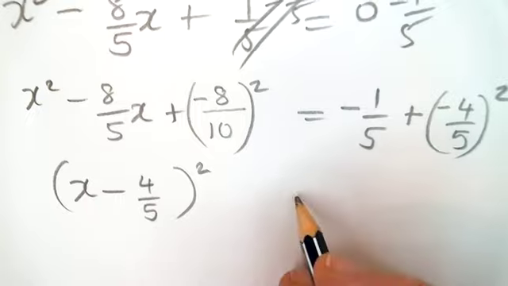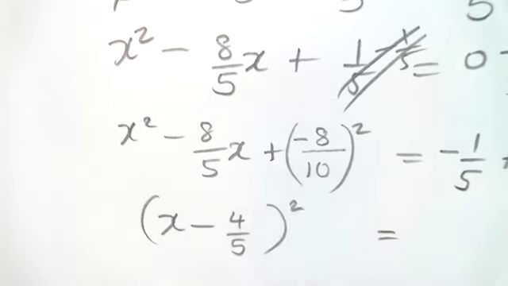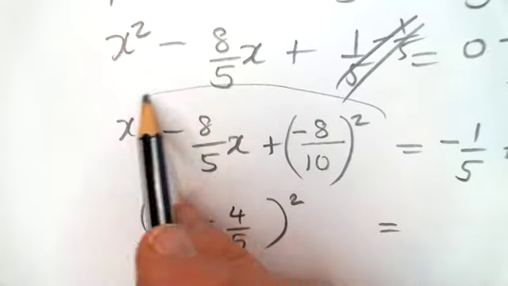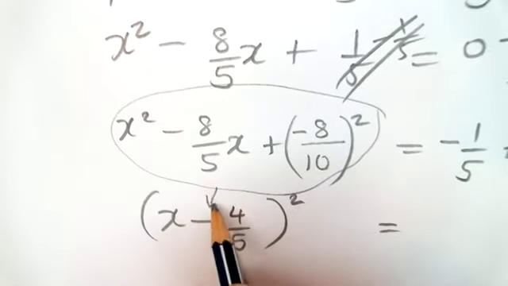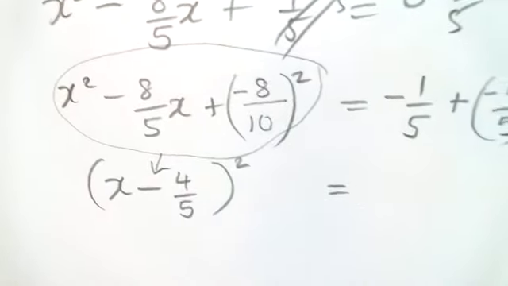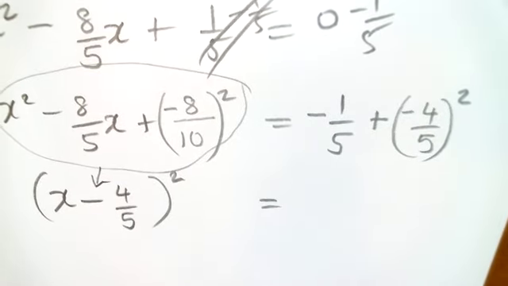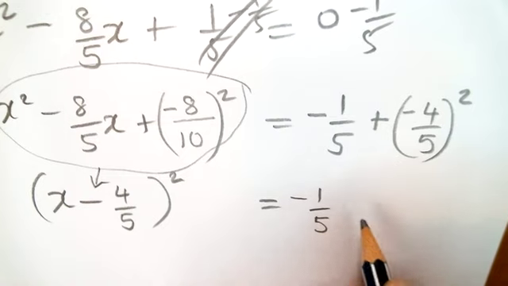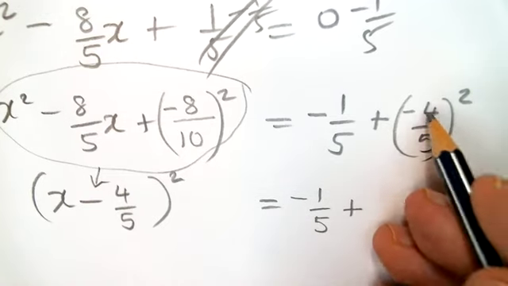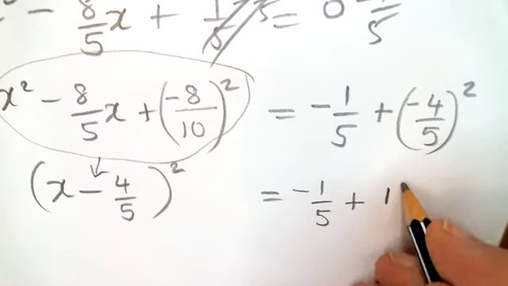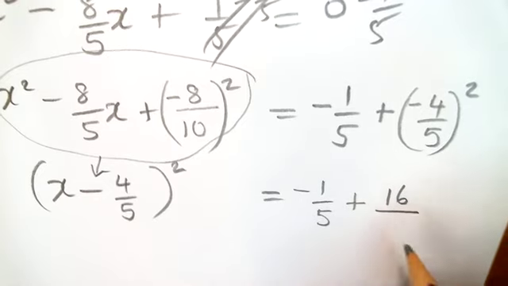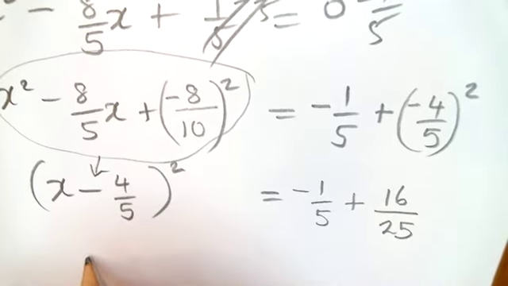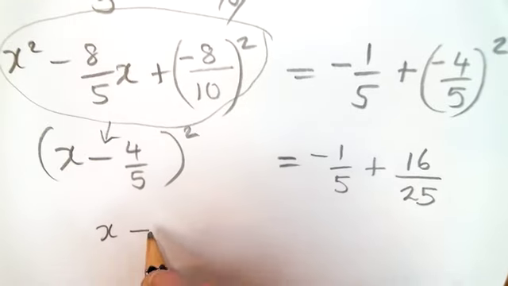Now the important thing, of course, of all of this is this thing here. All of that is this thing here, which is so cool. It just makes life very, very easy. So let's have a look what we got. We've got a negative 1/5 plus, well, negative 4 squared is 16, positive 16. Negative 5 squared, of course, is 25. So I've got an x minus